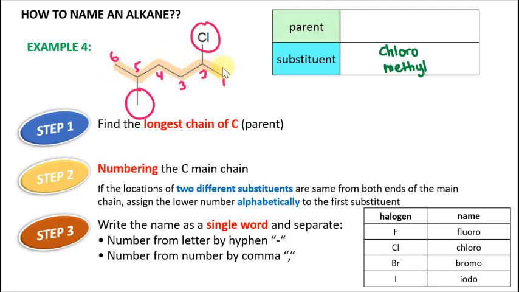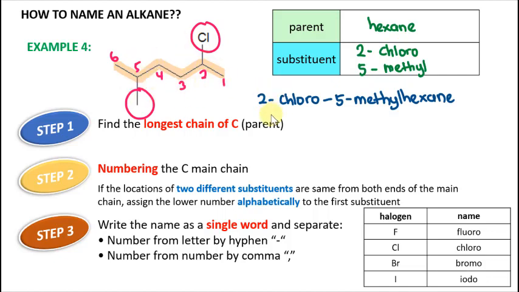Since the longest carbon chain is 6, the parent name is hexane. The position of the chloro is on the second carbon, so we have 2-chloro, and the position of the methyl is on the 5th carbon, so 5-methyl. To write down the IUPAC name of this compound as a single word, same as the previous example, we are going to put the chloro in front because C comes before M. So the IUPAC name of this compound is